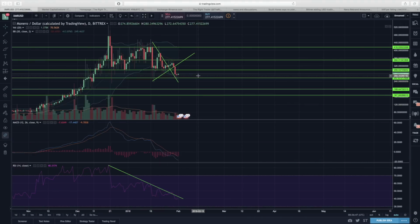So Monero is bouncing off that $257 support level, now making its way back inside the lower Bollinger Band, which is good. Looks like we could see a little bit of a V-shaped bounce here if this pans out on the next candlestick and we get some more confirmation, because we have somewhat of a doji candlestick followed by a green candlestick, looking good to make its way back above $300 pretty quickly,